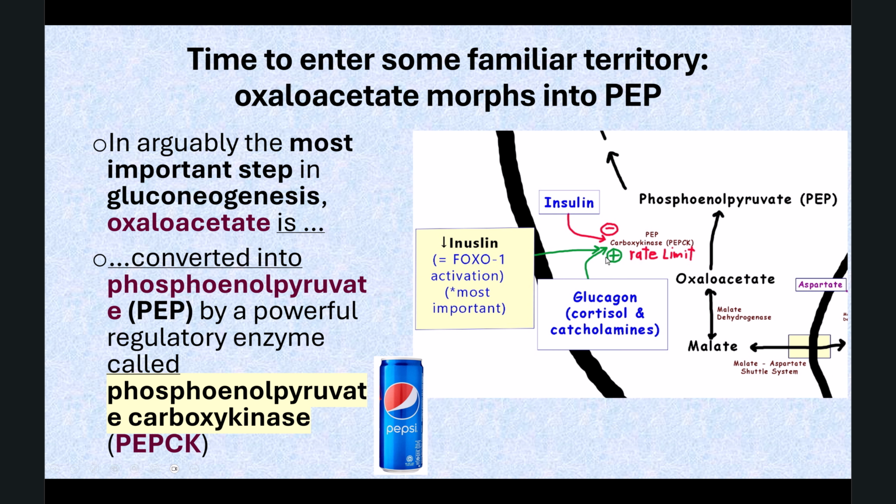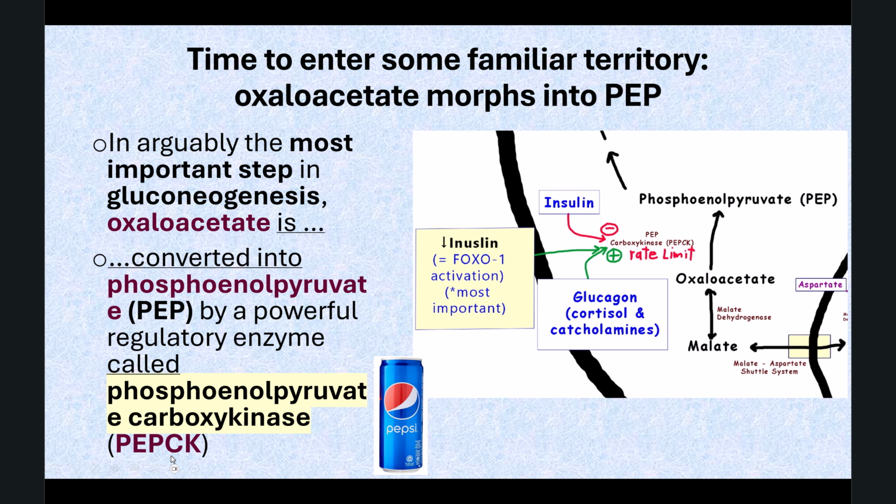For physiology, this is the rate-limiting step. It's probably the most important regulatory step in the entire gluconeogenesis pathway. And let's look at the enzyme that morphs oxaloacetate into PEP. So, arguably, it's the most important step in gluconeogenesis. Oxaloacetate is morphed or converted into PEP by a powerful regulatory enzyme called PepsiK,